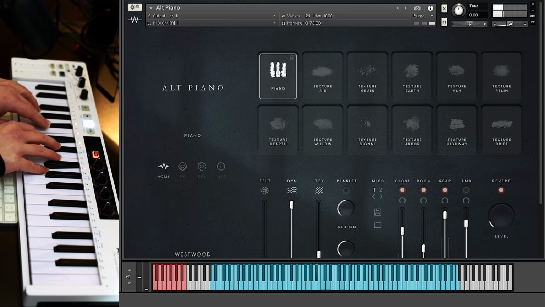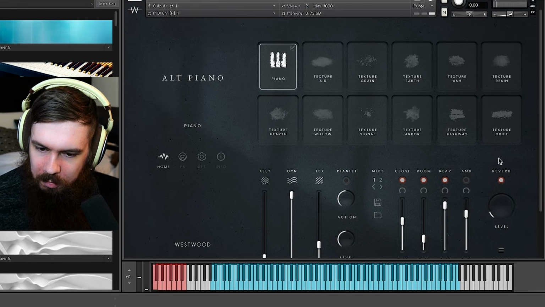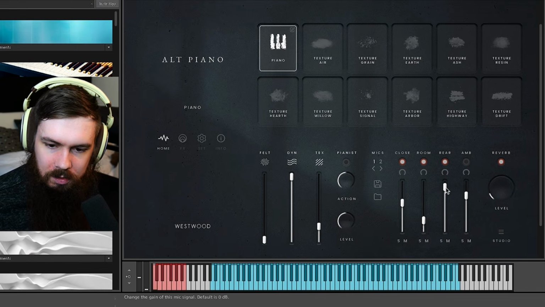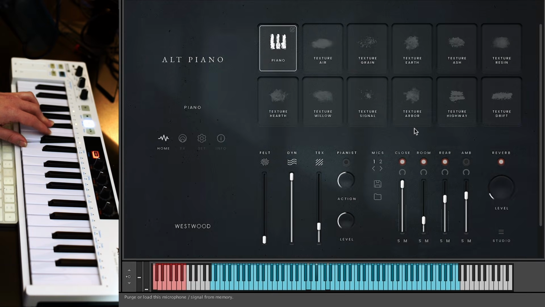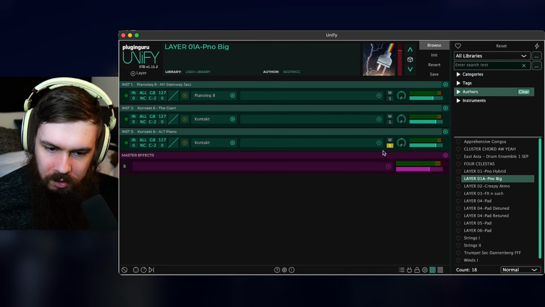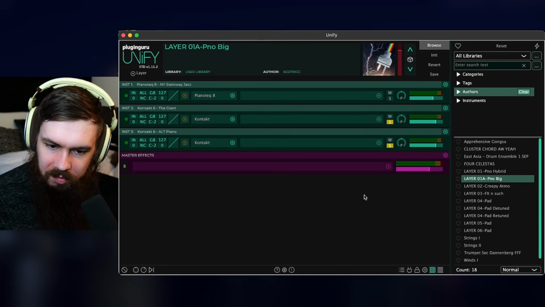There's a little bit of stereo spacing here. I have some of the mics turned off and some turned on. Bring the close up, darkest. If I bring the room up, we get a different stereo image of the sound. And so, if I were to mix two of them together,